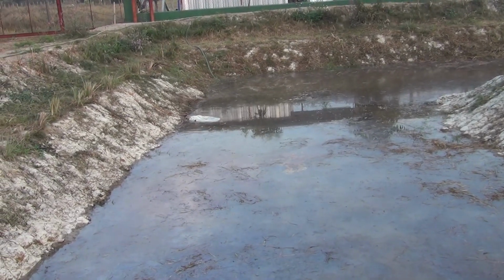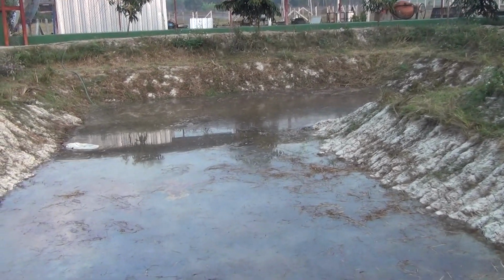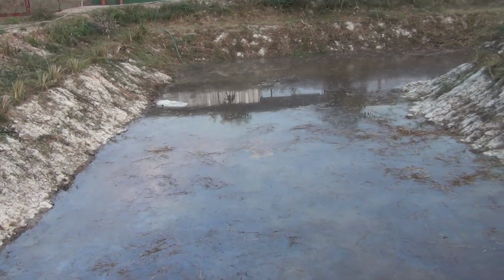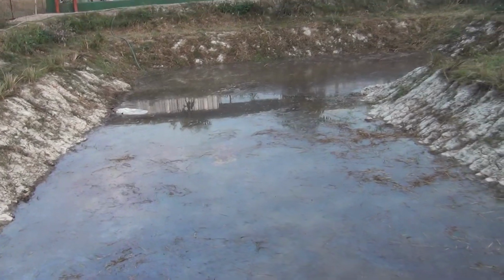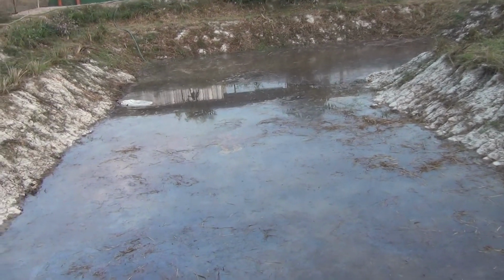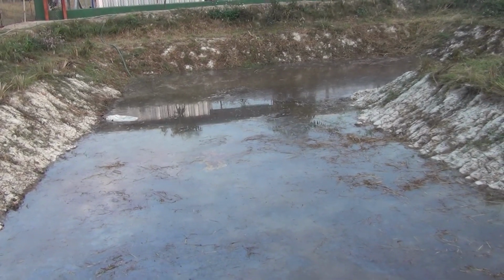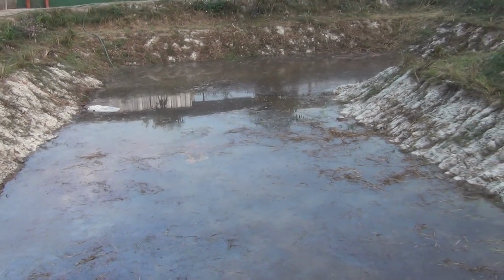So I'm going to continue filling this thing. And what I am hoping for is that over the course of 2-3 days or so, the stuff that we put in this pond here gets sucked into wherever it's leaking, and it holds water. But I'm not gonna hold my breath on this. All I've got to say is time will tell, and if this thing doesn't hold water within the next 2 or 3 days, today's Sunday, so let's say by Wednesday,